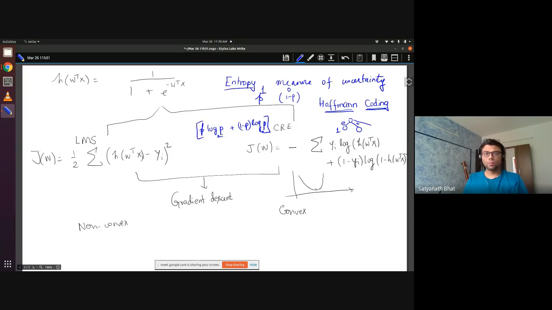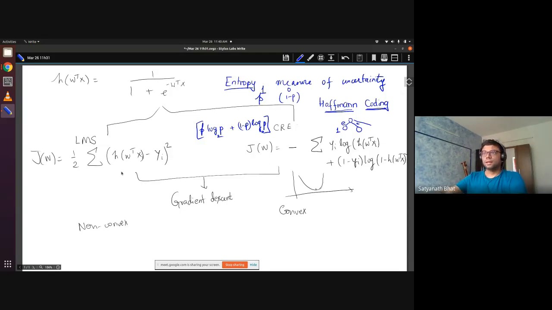Here you are talking about bits. In the same way, if you look at it, this is a probability, whereas this is not. This is a sequence of ones and zeros. If this was also h of x, h and 1 minus h, it would have been your usual entropy. But since you don't have this, you have yi's and 1 minus yi's. This is called cross entropy. Information theory has some justification for why these things are studied. Many things in machine learning are borrowed from other literature, so sometimes you see this kind of nomenclature.